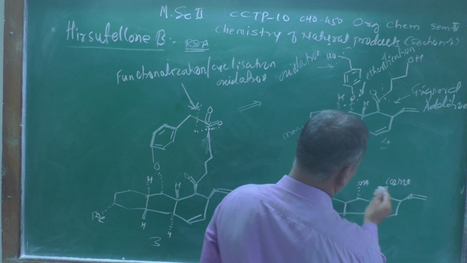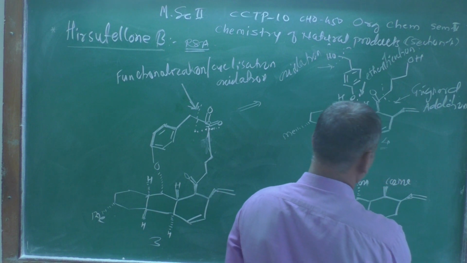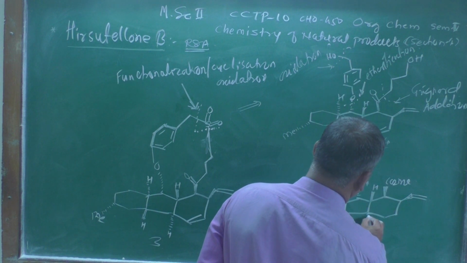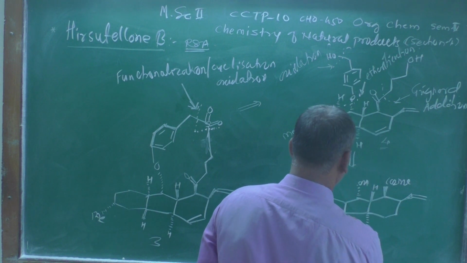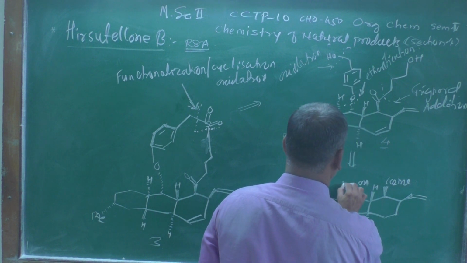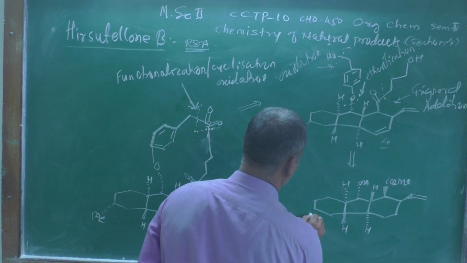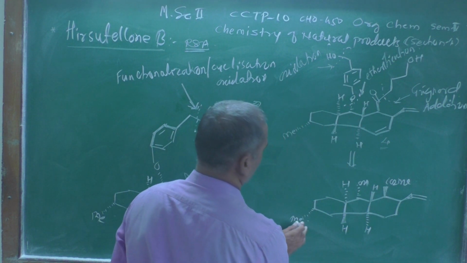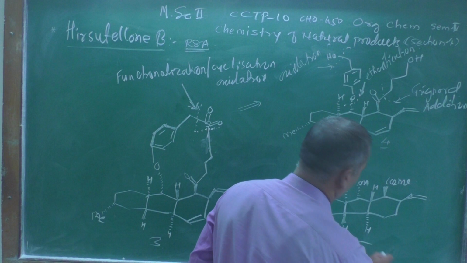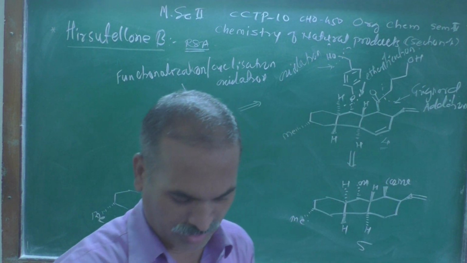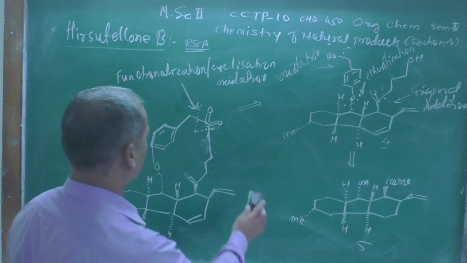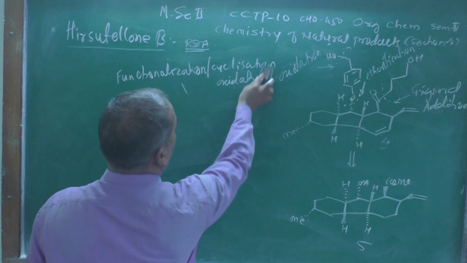So this is the compound we got over here, and here the hydrogen atom which is above the plane, this hydrogen atom should be below the plane, this hydrogen atom should be above the plane, this hydrogen atom should be below the plane, and the methyl group which is written over here remains as it is, CH3. So this is structure number 5 which we have got over here. And after structure number 5, let's see what you are going to get.